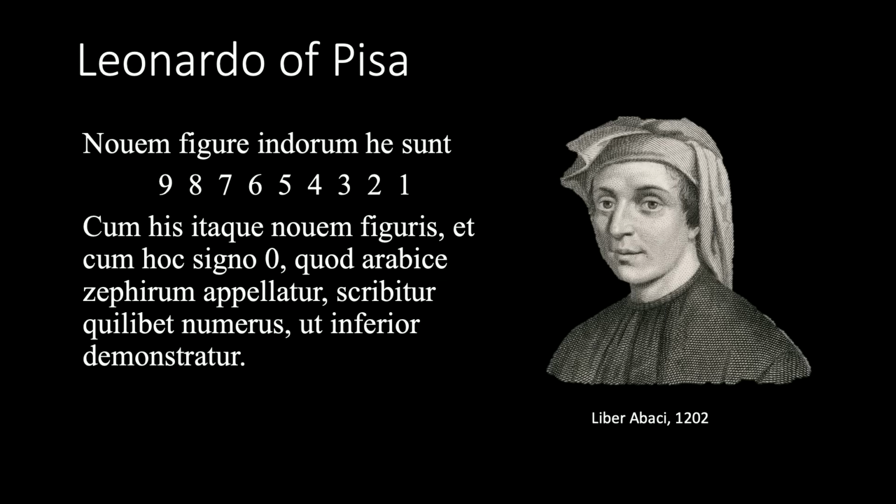He learnt about these new numbers and about how you can express any number in terms of them and how you can calculate with them directly without using any kind of board or abacus. And he wrote about them in a book called Liber Abaci in 1202. I've quoted from it here. You don't need to be able to speak Latin to get the gist of this, but he's saying, here are the 9 Indian figures, the 9 figures of the Indians, and he writes them down,